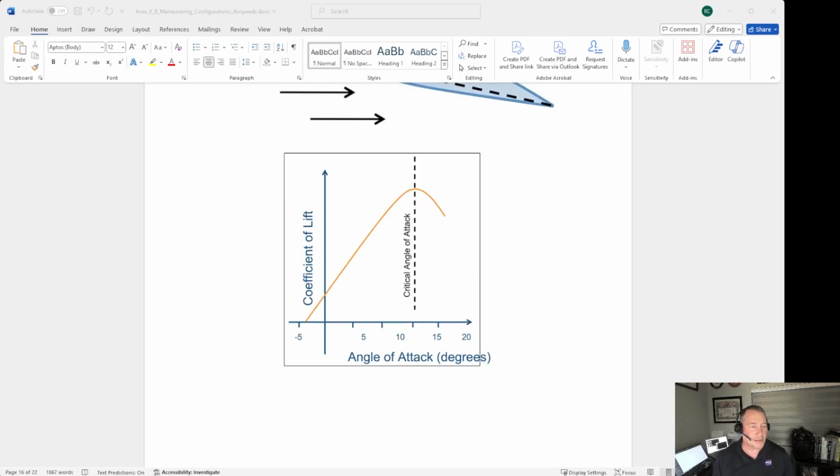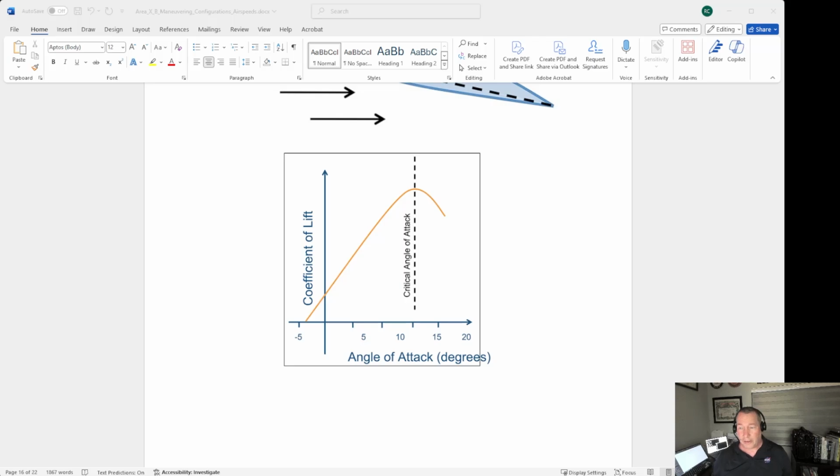This next drawing depicts the coefficient of lift against the angle of attack. Coefficient of lift is the vertical axis in this drawing, and the angle of attack is the horizontal going off to the right. Now, as you can see, the greater the angle, as you get to 5 to 10 to 12 degrees, the coefficient of lift goes up. Now, until you get to a certain point, the point where that's maximized is called the critical angle of attack. So here you can see that somewhere around 13 degrees, the wing that this drawing is based on reaches the